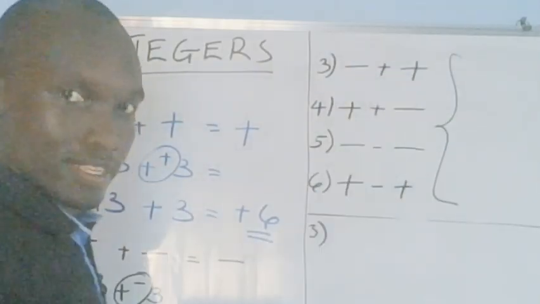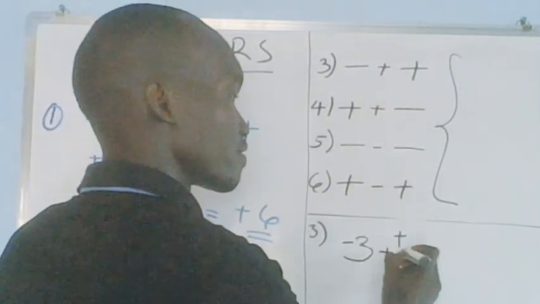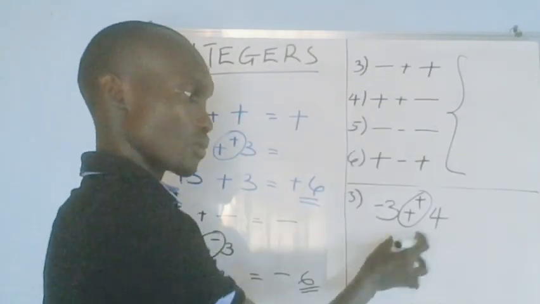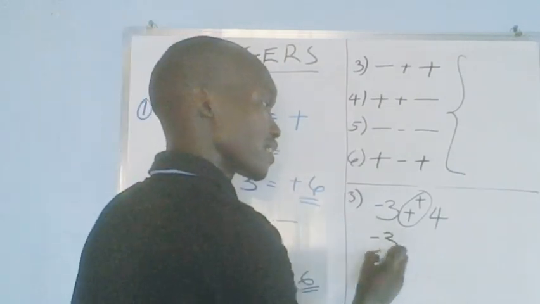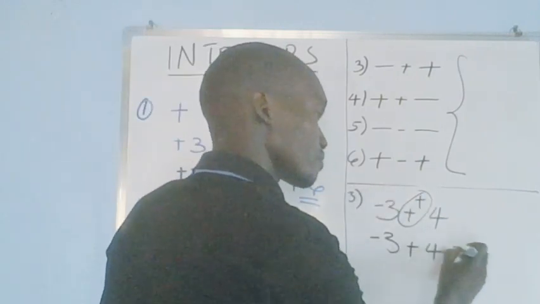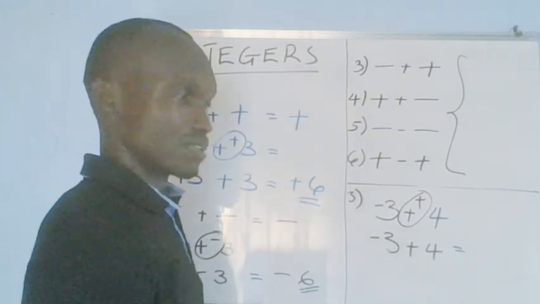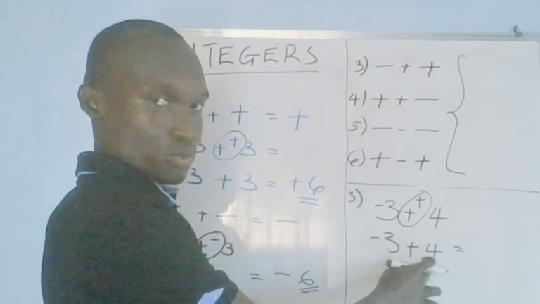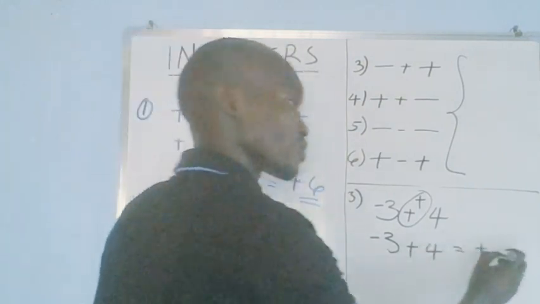Let's give an example for the first number. We have negative 3 plus positive 4. Our focus will always be on those two signs in the middle. We have to make sure we come out with one resultant sign from the middle. So we are going to keep this negative 3. Positive times positive will always be positive, so plus 4. Now when you have two numbers, the big one always takes the sign. In this case, we have positive 4 and negative 3. The big one is 4, so 4 takes the sign. We just subtract this 3 from this 4, so we are going to have